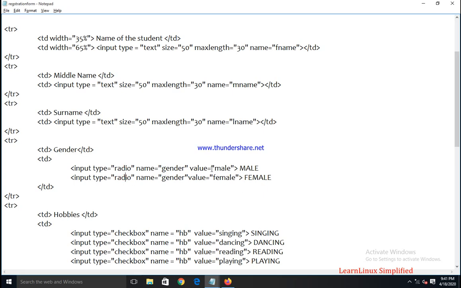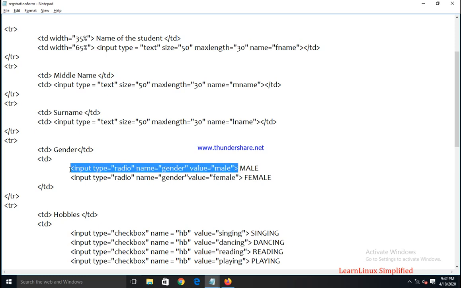For the first, male, I have given value male. Here this male is just a caption. This control will create a circular inset and this caption will be provided just beside that circular inset to identify that this circular inset is for selecting male.